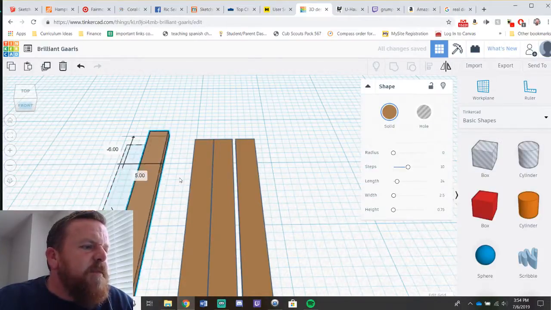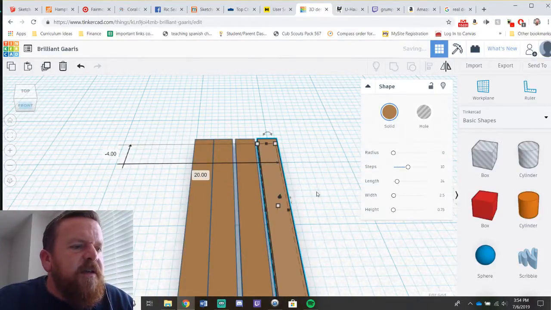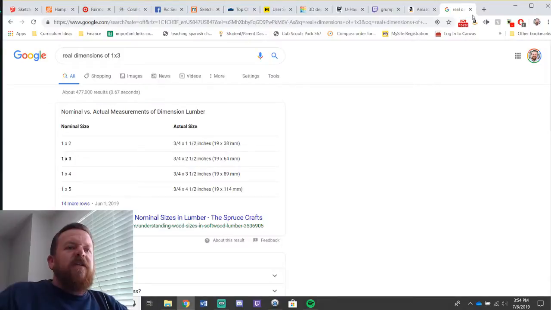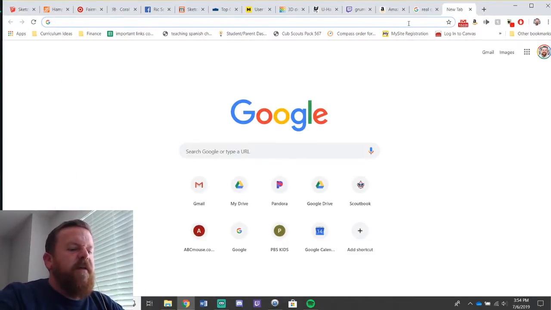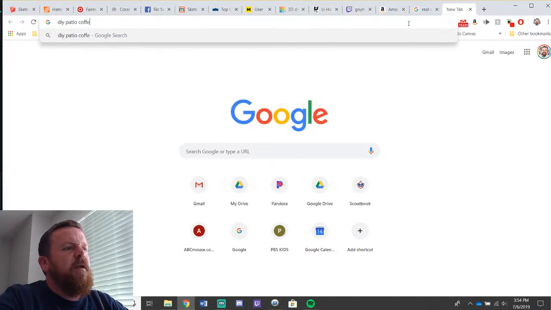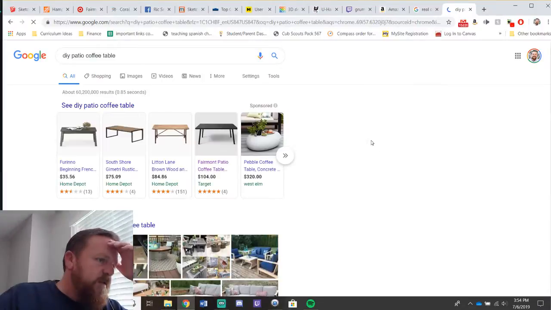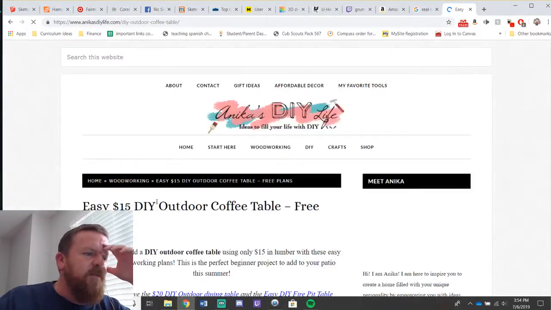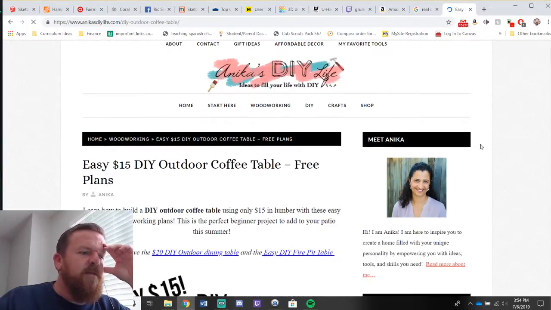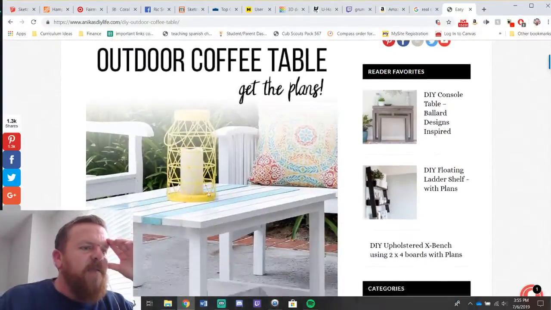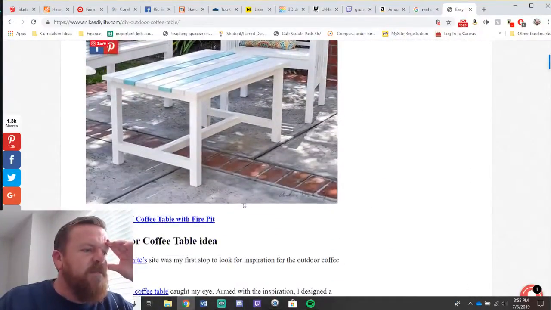Alright, here we go. Okay, so if you're just coming in, I'm trying to build a table for my patio. I found a bunch of plans online. I'll show you the one I found. This one looked cool. It looked like what I wanted to do. But look at this website. On my phone it was impossible to look at because it had ads popping up all over my screen. It was impossible to see the plans.